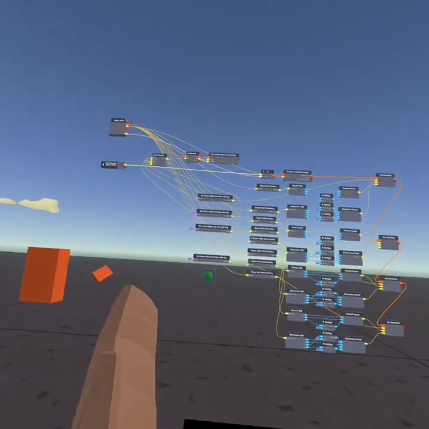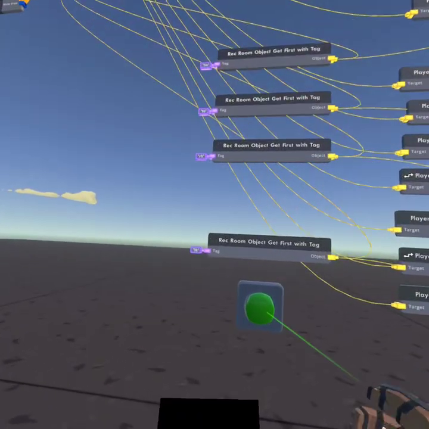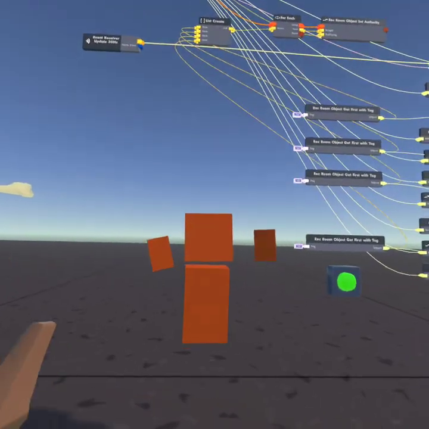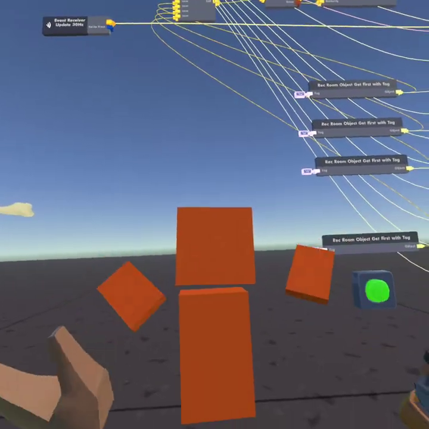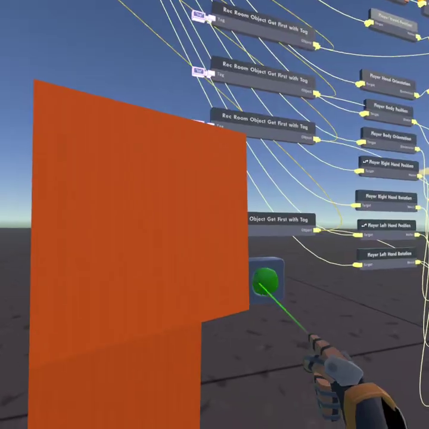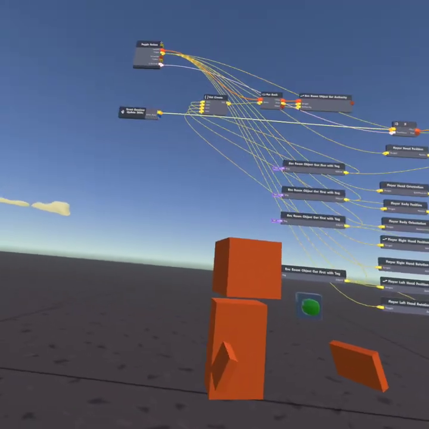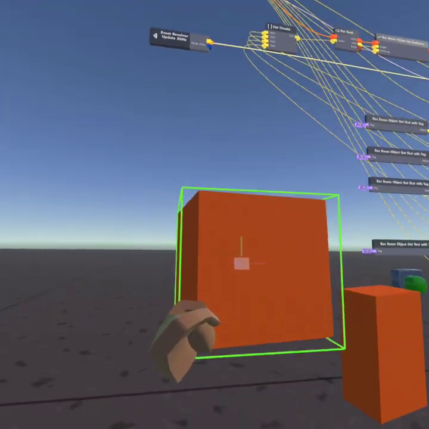Okay, so for this tutorial, I'm going to be creating a mirror. So the mirror is going to look like this. Okay, it looks great. So for this mirror, you're going to have to start with the head, and